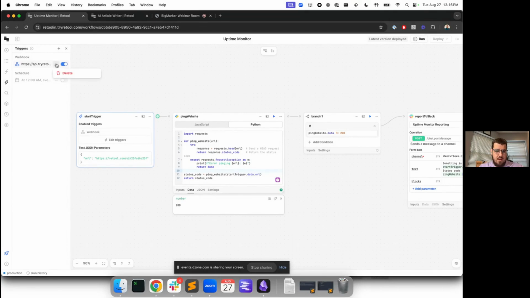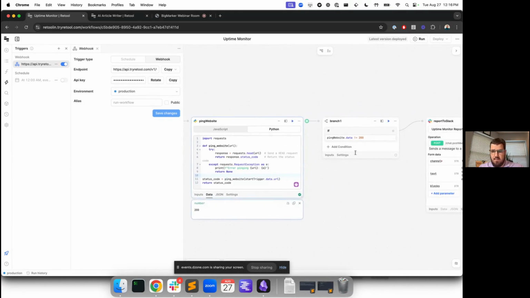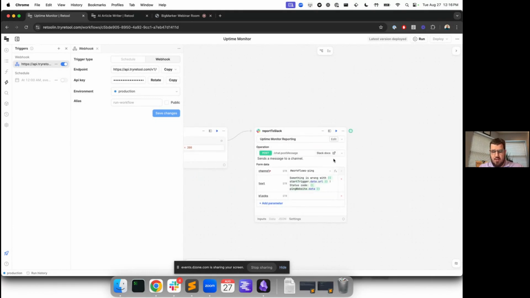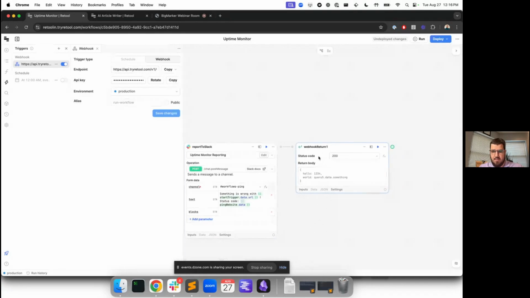And basically, like we mentioned before, this exposes this API endpoint so that anybody can make a request to this if they have the correct API key. Anyone can make a request to this API endpoint, and it will run the workflow and give them the response back. In this case, we don't actually have any sort of response here, but if we wanted to make sure that someone calling this as an API got a proper response back, we could do that with our webhook return block